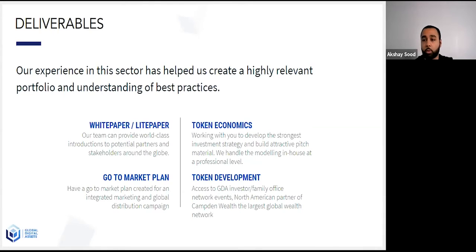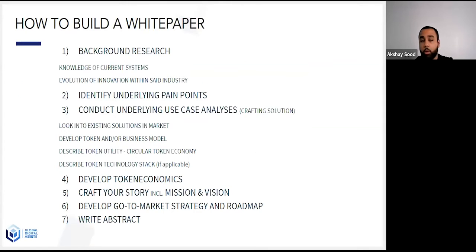So yeah, if you want to go to the next slide, please. So now that we're talking about what a white paper is and why it's important, we have to understand how to actually go about building a concrete white paper. Now, this is barring the fact that the product that you're dealing with actually has legs to stand on. So that's very, very important.